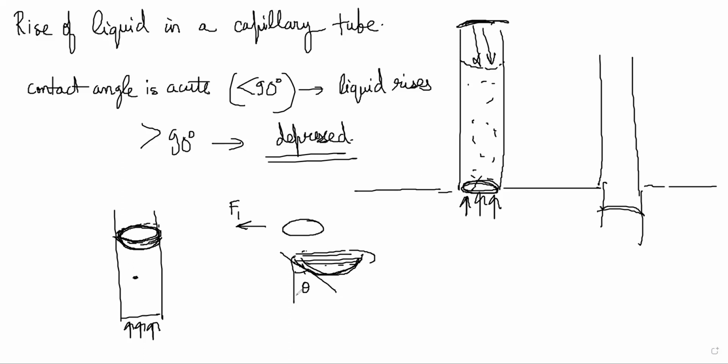So consider a small part dl of the periphery 2 pi r along which the surface of the liquid and the tube meet. The liquid surface across this pulls the tube by a force S dl tangentially along the liquid surface. Now, what is this force? This is surface tension acting across this S dl length.